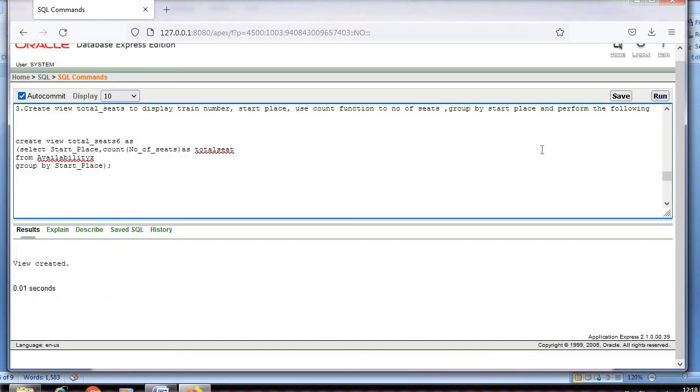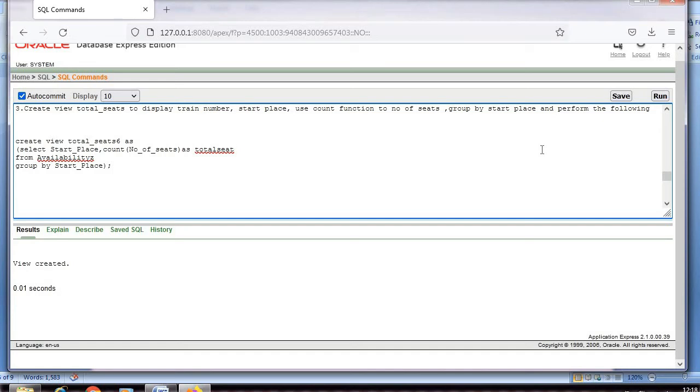So how this works is, I have used the table availability to create the new view by the name total seats. After going to the availability table, it groups depending on the attribute start place. Whichever start places are common will be grouped together.